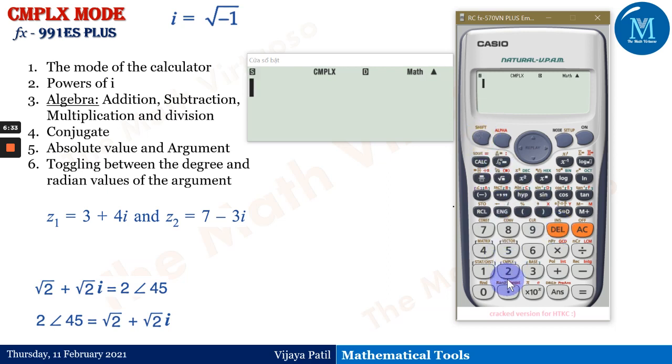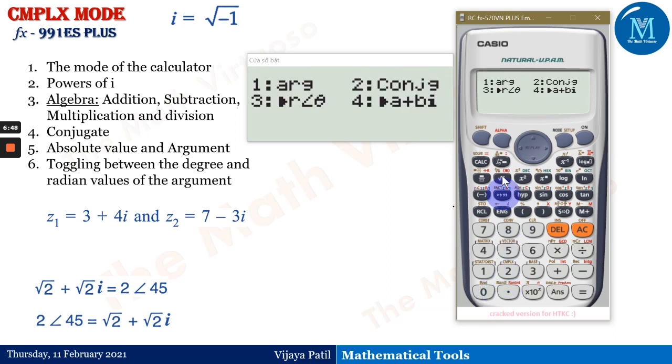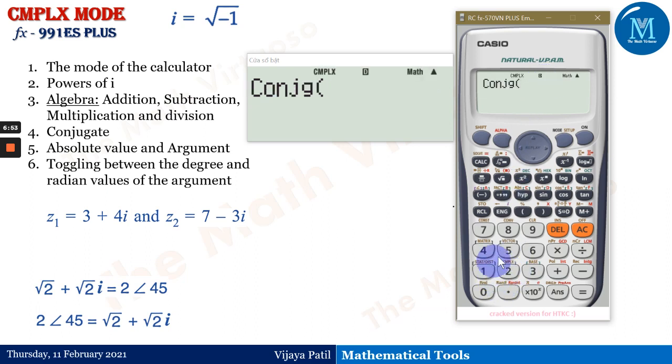Shift. Now if you observe the button 2, above button 2, there is CMPLX written. The way we have seen in matrix and in stat or distribution mode, the same way the button for this particular mode is 2. Put it now. Now we want the conjugate, that is the second, second number 2. Conjugate of what number? We need 3 minus i. So shift ENG, that would give me equals to 3 plus i. So conjugate of 3 minus i is 3 plus i. So we have done it. Similarly, you can just explore this calculator.